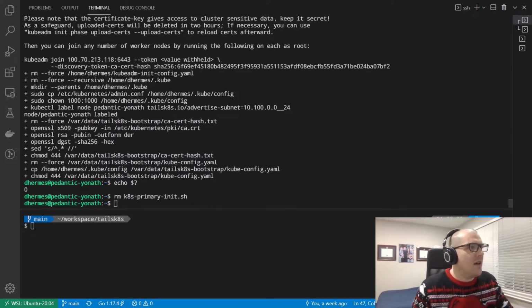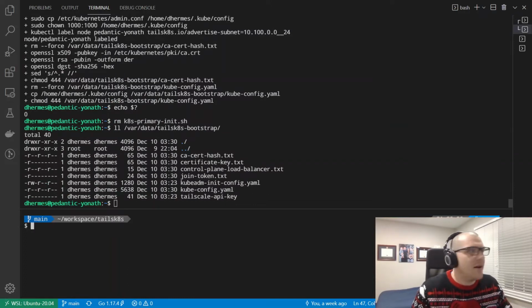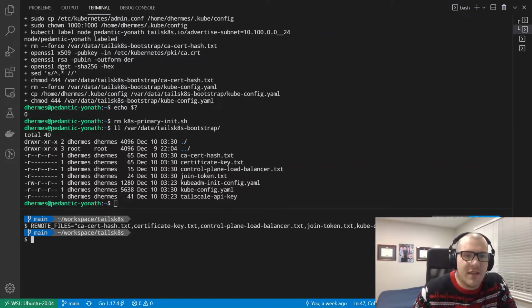Some of these new Bootstrap files onto the jump host so that we can push them back. I'm going to copy paste the command I've got stored up, ready to go. Okay, so I've got a set of files that I know I want to keep here that are new. So I've got the CA cert hash, the certificate key, control plane load balancer, the join token, and my kube